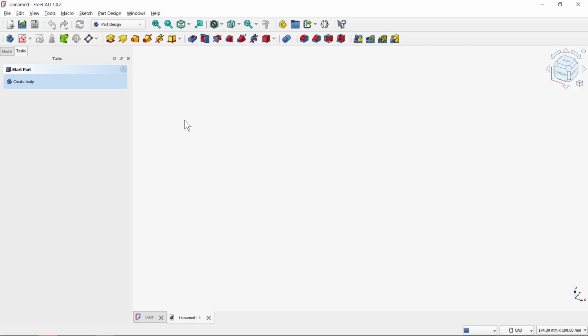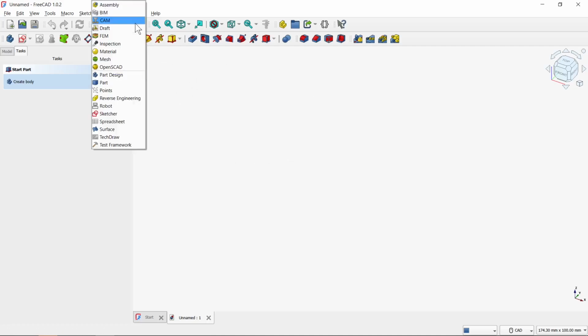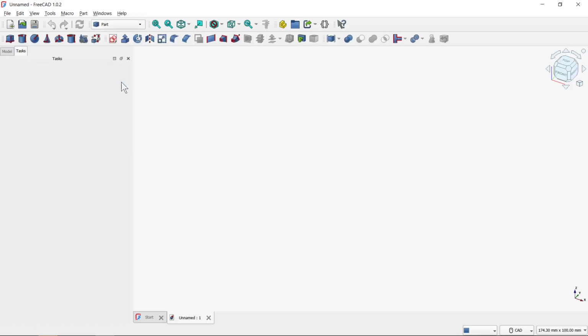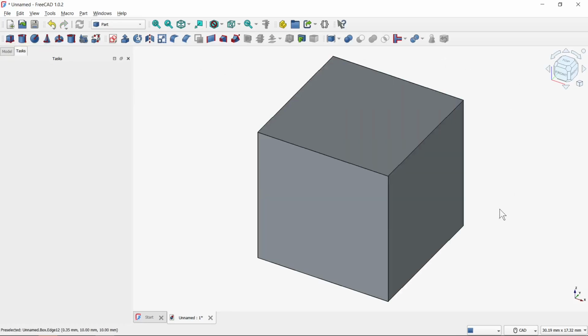In this tutorial I'm going to show you how to make a box in FreeCAD. If you want to create a box, you need to create a new empty file, and after that you need to change mode from Part Design to Part, and then you have here a lot of really useful settings that you can use to create this box. I recommend you click on this icon. It is an option that will let you create a cube solid, and as you see, the box has been successfully